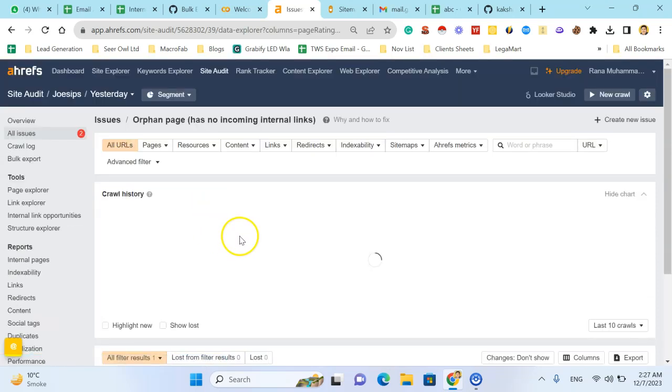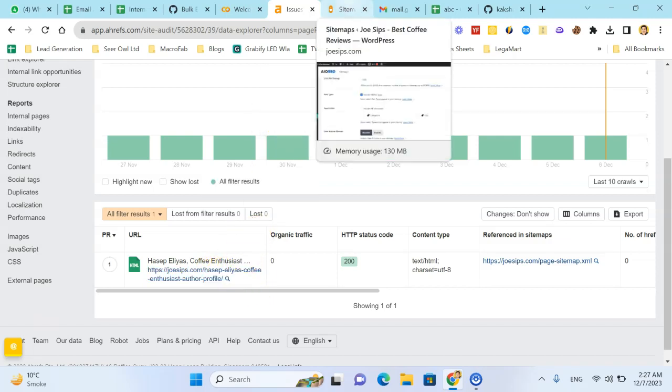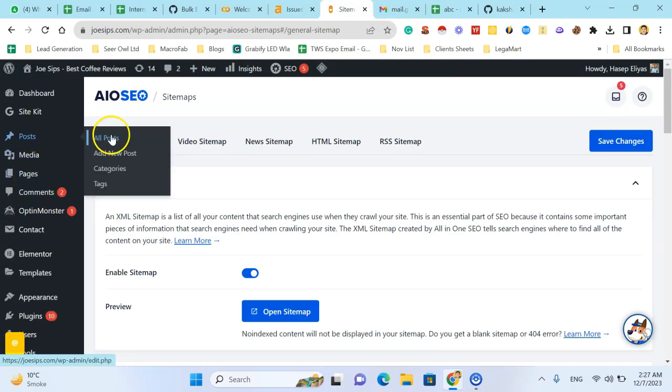So one orphan page. Okay, actually it's the author profile page. That's why it hasn't any kind of internal link. So we will ignore this. But I will tell you how to add the internal links. For example,